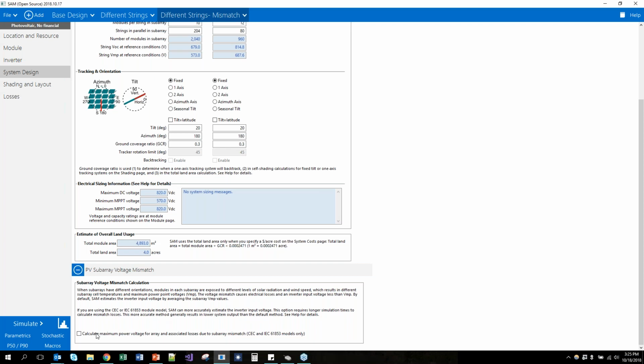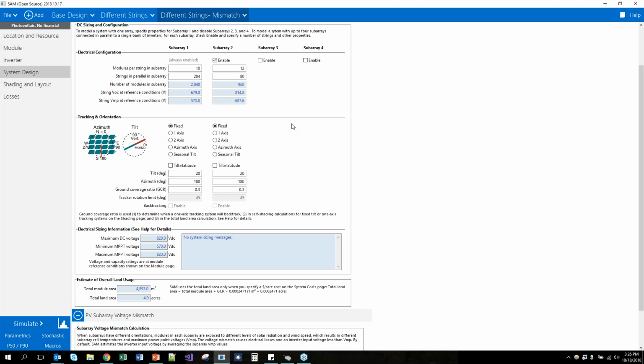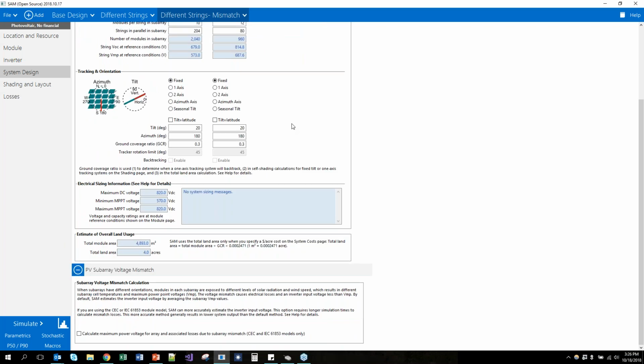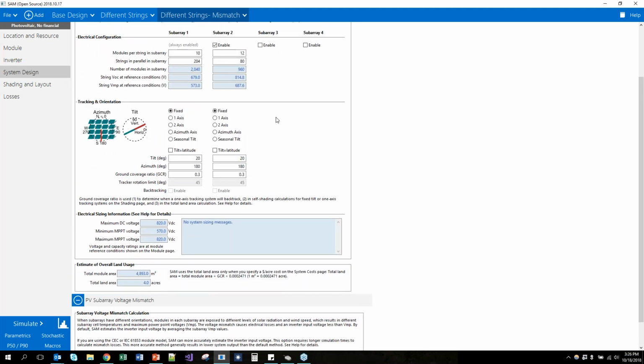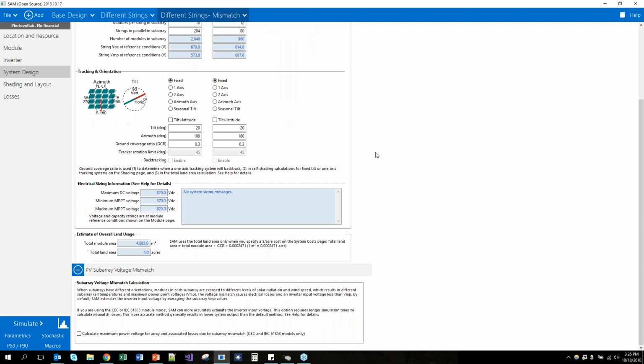Basically, it's going to allow the inverter to seek a global power maximum given these different subarrays throughout a range of voltages. And then when it finds the global power maximum, it will use that voltage to operate both subarrays, because we're assuming here that it's still going into one maximum power point tracking input, and it will give me results based on those voltages that it calculates. So if I click this checkbox, that turns on the subarray mismatch calculation, and then I can go ahead and